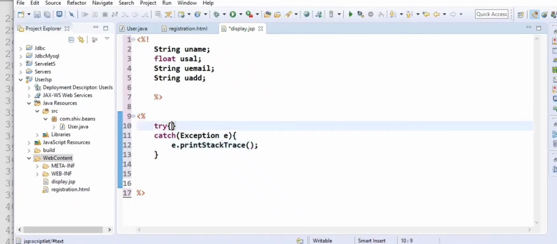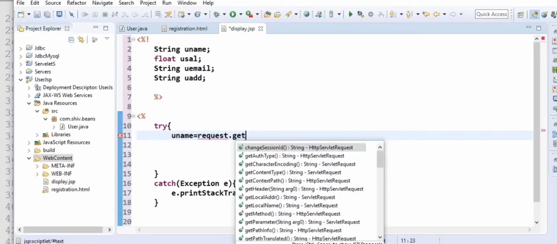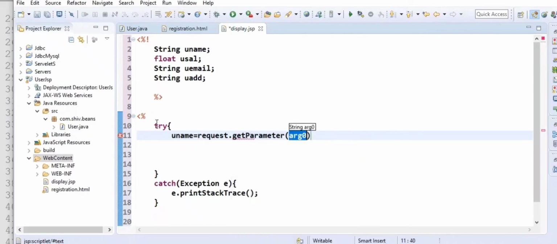Great. Now inside this try block we will get our object from request. So take uname equals request.getParameter, and inside we will take uname.